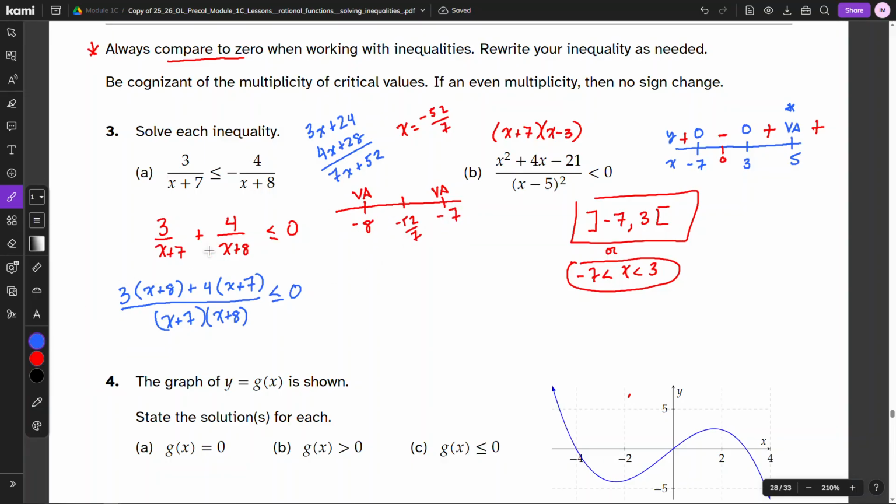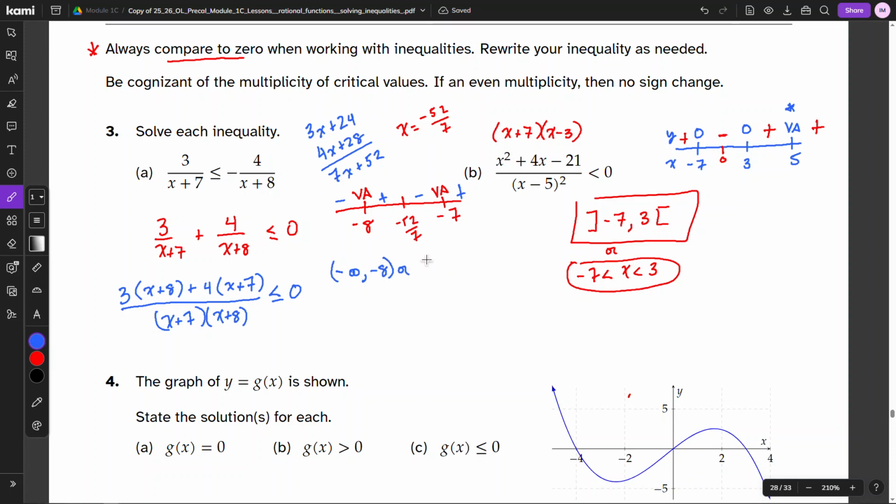If x was equal to 0, I'd have a positive divided by positive, which would mean positive to the right of -7, then negative, then positive, then negative. So if my solution is going to be when my inequality is less than or equal to 0, I want the negative portions. I cannot include the vertical asymptotes. So I could say from -infinity to -8,